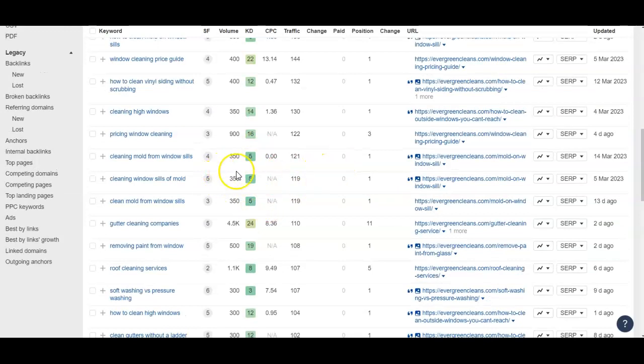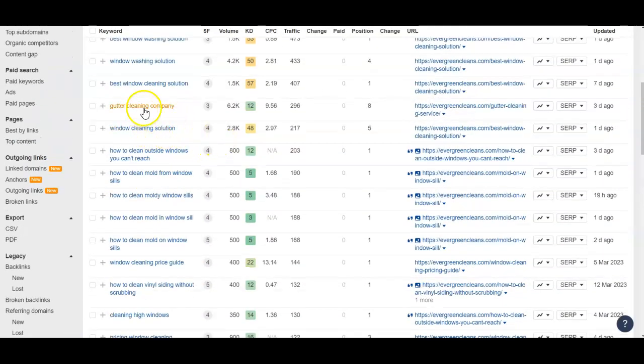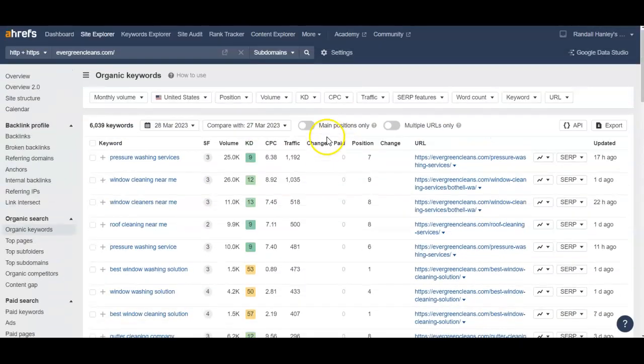And now you've got to figure out what it takes to beat him in this keyword or this keyword or this keyword. It just depends on what you want to go after first, gutter cleaning company, and so forth. So yeah, this would be a really fun project to take on. But with that being said, the third way is